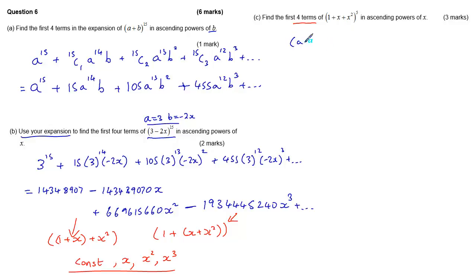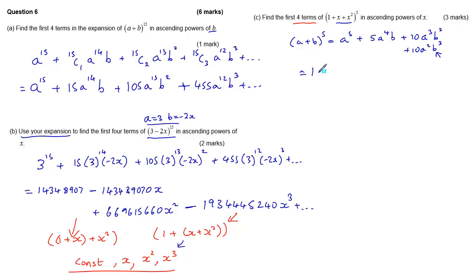So we'll start by using (a + b) to the 5, which we know is a to the 5 plus 5 a to the 4 b plus 10 a cubed b squared plus 10 a squared b cubed. And I know I'm not going to need more than this, because if we go to b to the 4, then everything's going to have more than x cubed. So